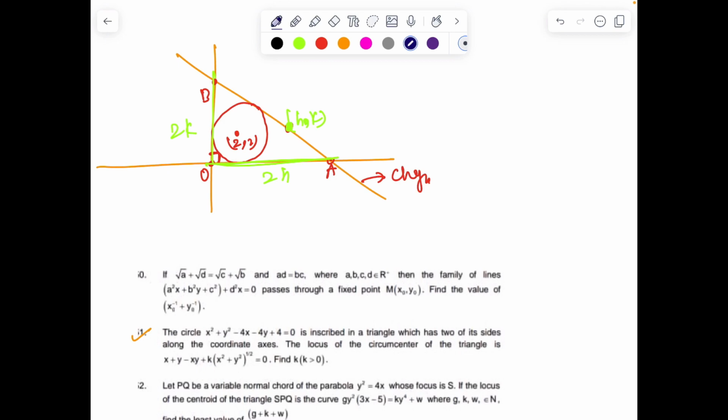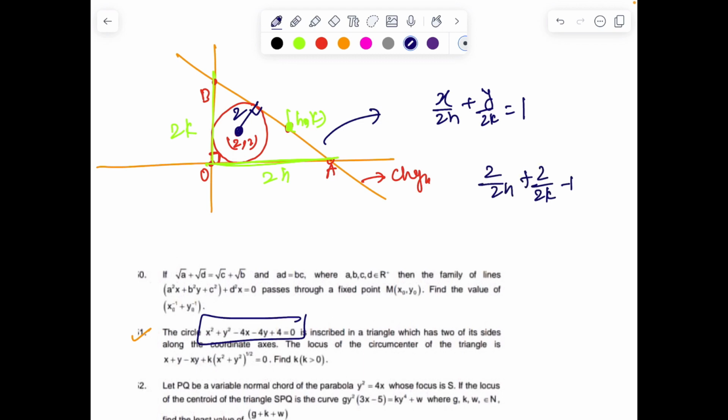And hence the equation of the hypotenuse is x by 2H plus y by 2K equals 1. Now the distance of 2, 2 from this line equals the radius of the circle, which is 2 over here. So that gives me mod of 2 by 2H plus 2 by 2K minus 1, over